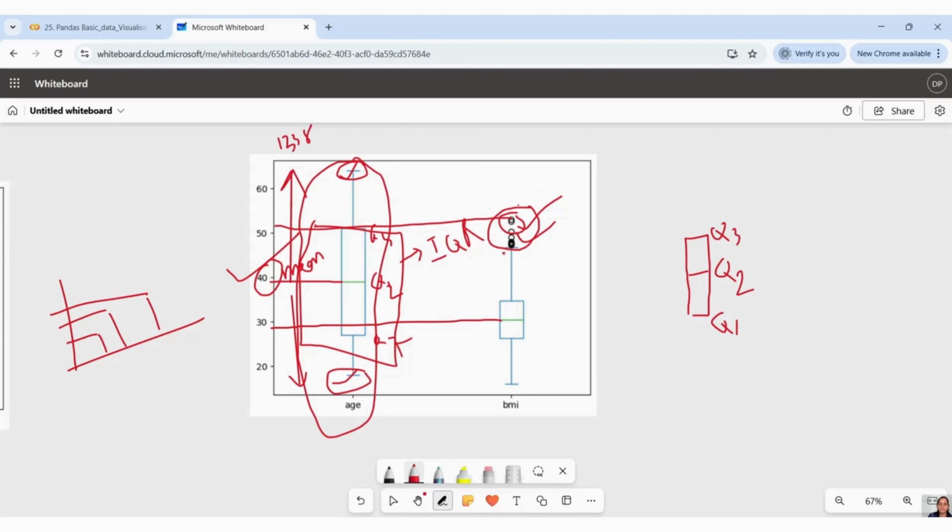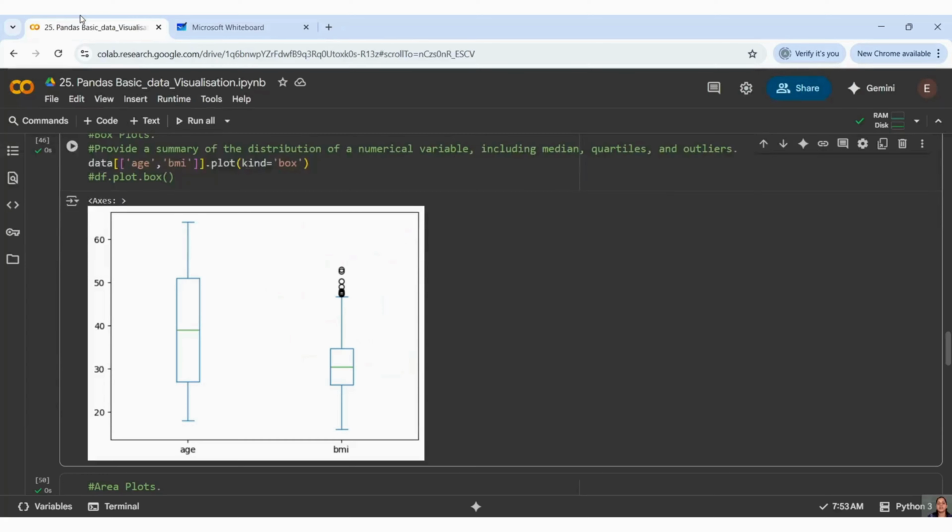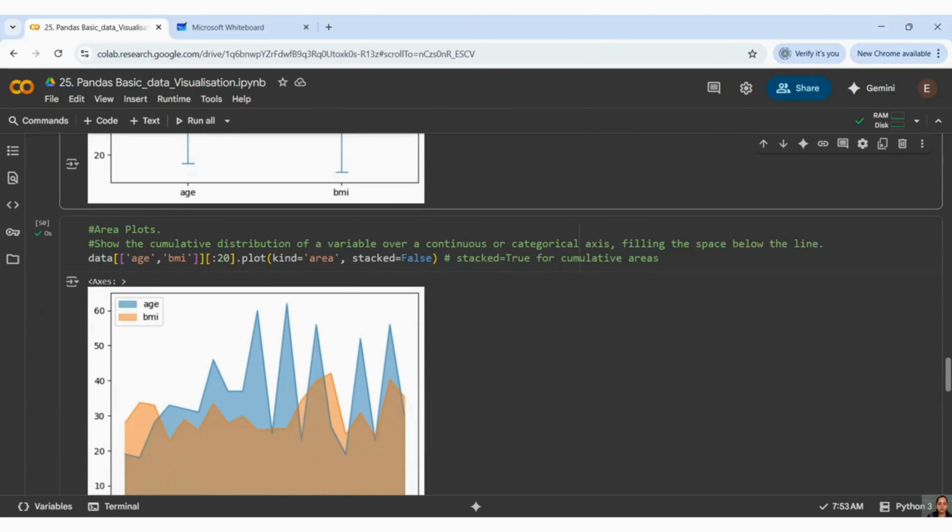It is far away from the mean line. Till this, it is fine. It is saying, okay, till 10 to 20 points, it is fine. If it is far beyond that, then it is considering that as an outlier. And there is again the interquartile range calculation, which we are talking about, correct? So this is how I have drawn my age and BMI. And this is how I can draw my box plot, right?